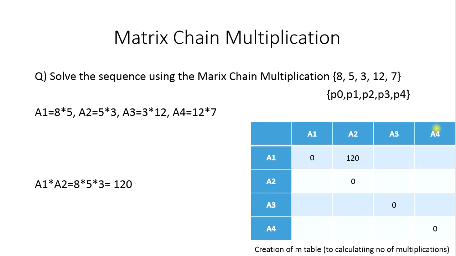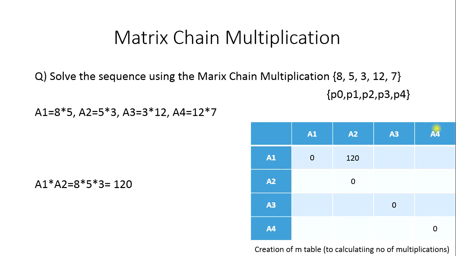When we multiply a1 and a2, we know that the dimension is 8 by 5 multiplied by 5 by 3. So if we take 5 as common, we can get the total number of multiplications required when we multiply a1 and a2, that is 8 into 5 into 3. That is equal to 120. Now one can argue, how do we do that? Well, if you want to verify that, you can just simply expand the matrix multiplication and calculate the total number of multiplications. It will come to 120.